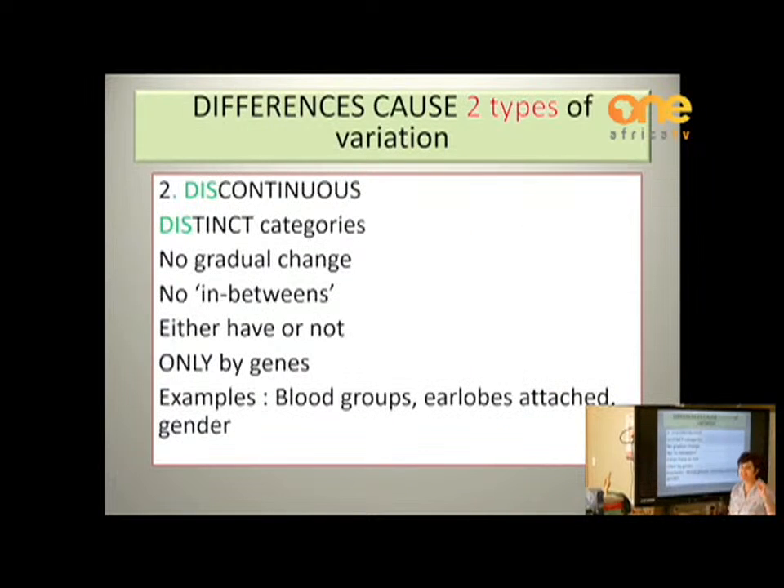But then the next type is discontinuous variation. So the first one was continuous variation, smooth gradation, no distinct categories. Discontinuous, distinct categories. There's no gradual change. There's no in-betweens. You either